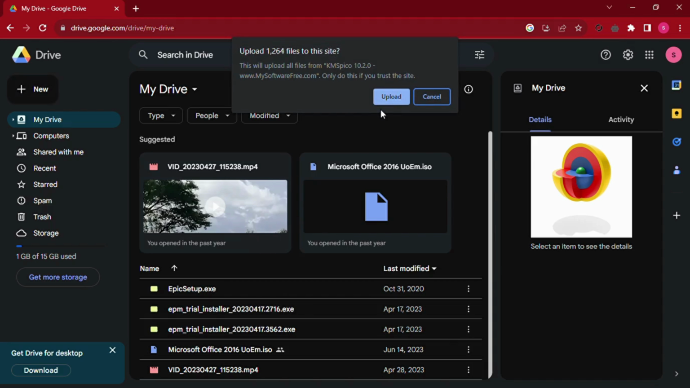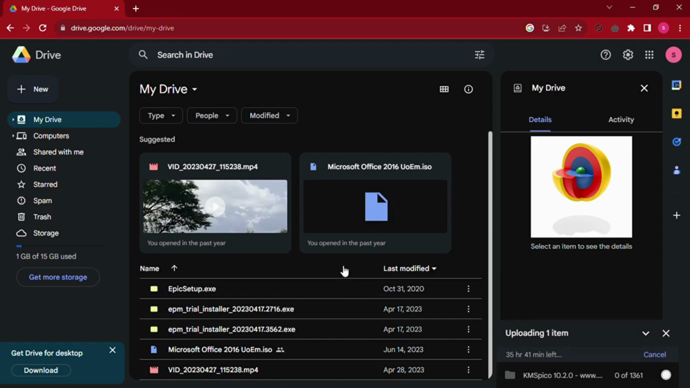Then click upload. Then as you can see on the bottom right corner, the folder is being uploaded. And once you see the green, click